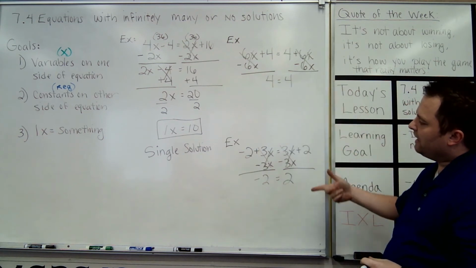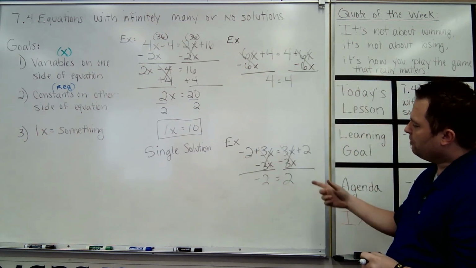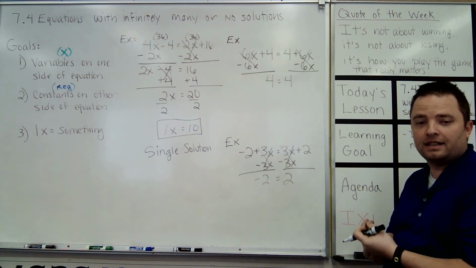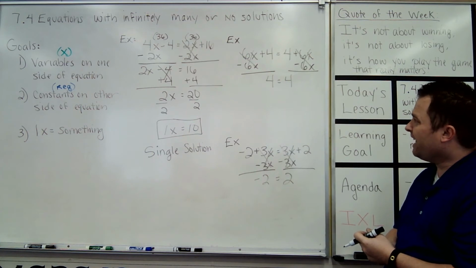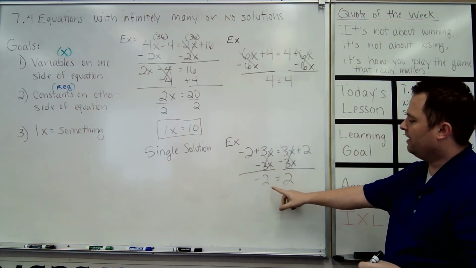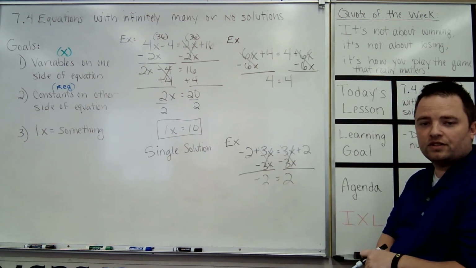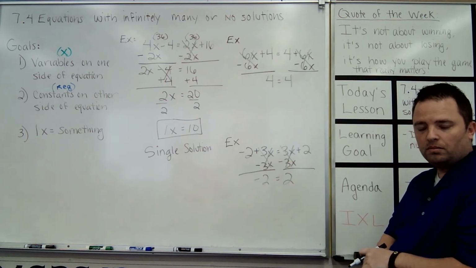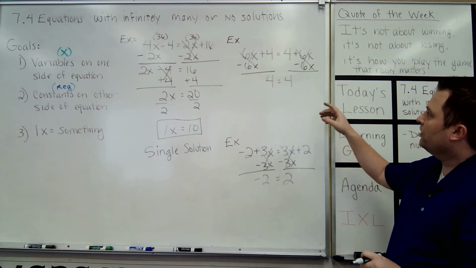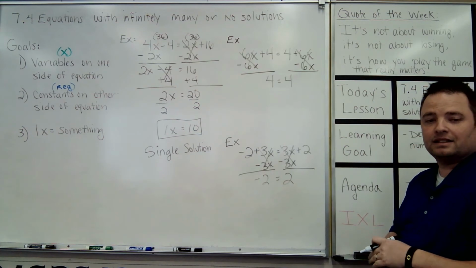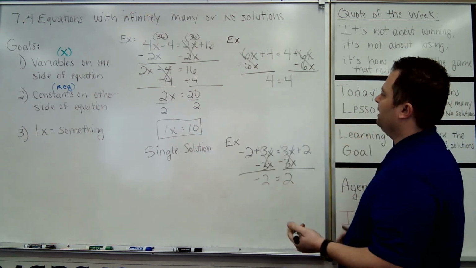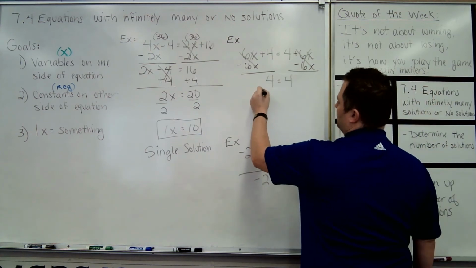Okay, in both of these cases, I tried to eliminate x from one side, and it eliminated x from both sides at the same time. And what was left was, in this case, 4 is equal to 4, and negative 2 is equal to 2. But what does that all mean? Simply put, if the x's are gone, meaning the x's cancel out from both sides, if what's left is something that's always true,